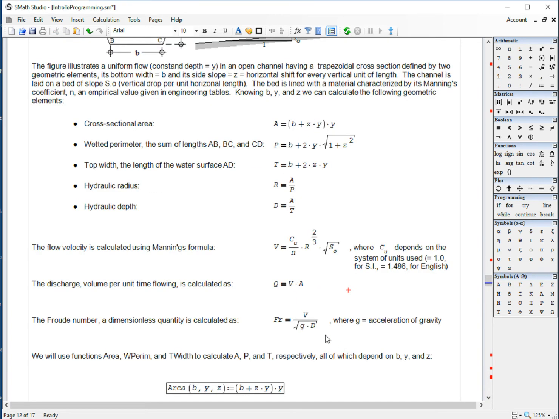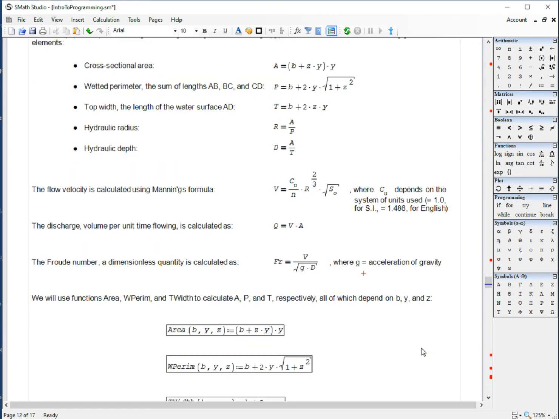And then a way to classify the flow is to calculate this dimensionless number called the Froude number, which is equal to V over the square root of gravity multiplied by the hydraulic depth. And so I'm going to